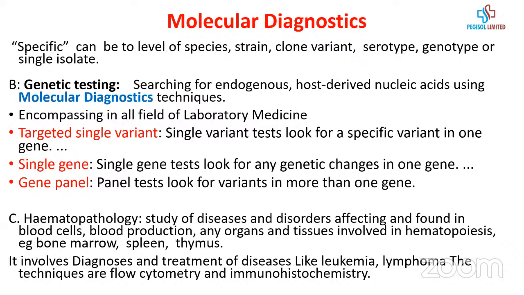And then when you have genetic changes in more than one gene, we talk about gene panels. So a panel can detect 2 or 3 genes at the same time. For those of you who did COVID-19 testing, you can remember that it has multiple single genes together to give you what we call a multiplex, looking at multiple genes at the same time. One of them is to know that the person has COVID. Then the second can be, is it COVID-19, SARS-CoV-2? And then another one is, is it actually a virus that is in there? So those are the different variants, and then the clones, where we're talking about the beta and different clones of COVID-19. You can also do hematopathology studies. In that case, you can look at abnormalities in the normal body cells, for example, those who have blood